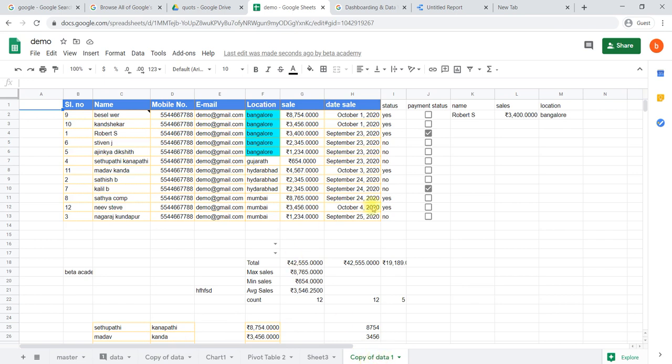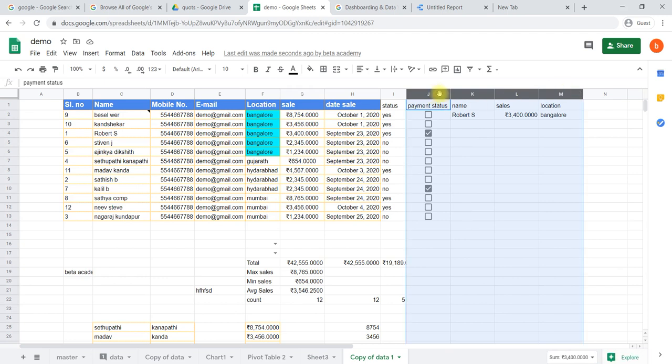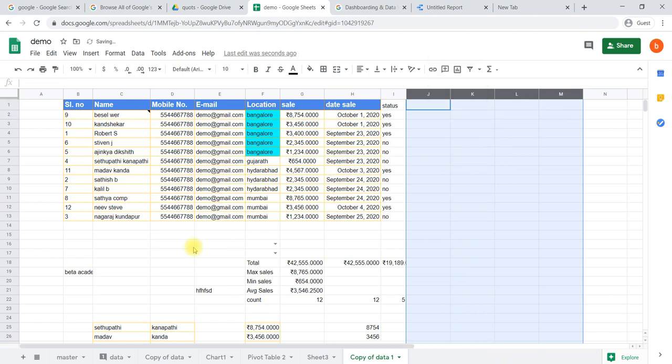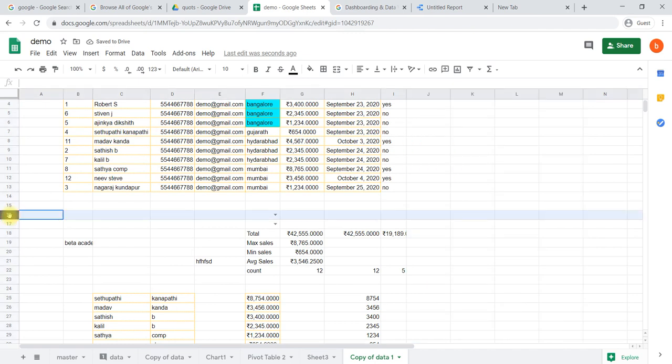There you can change all the things, like which columns are unnecessary. We'll select those columns, click and drag, select all the columns, right click, delete columns J to M. Similarly, these rows are unnecessary.